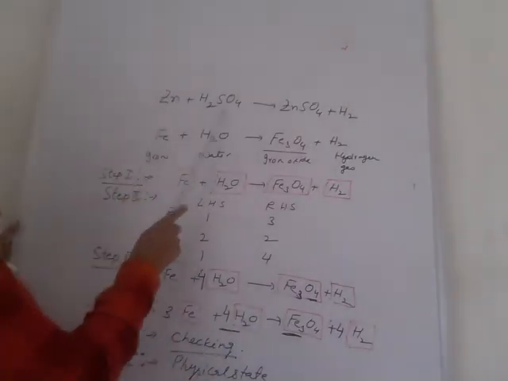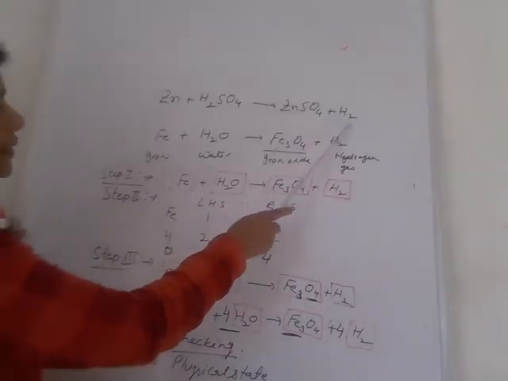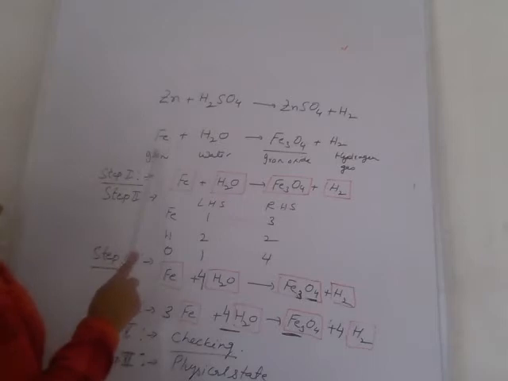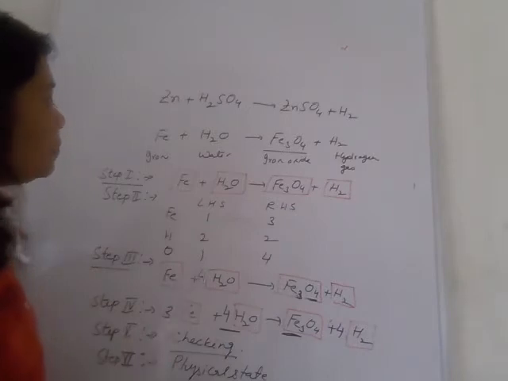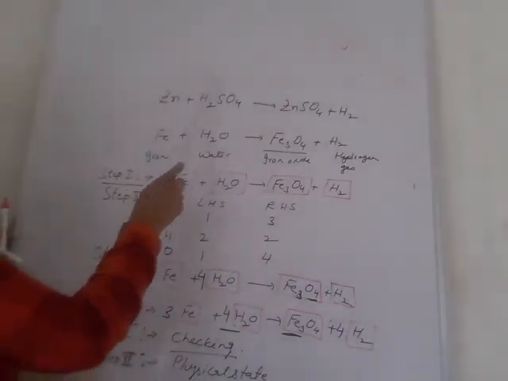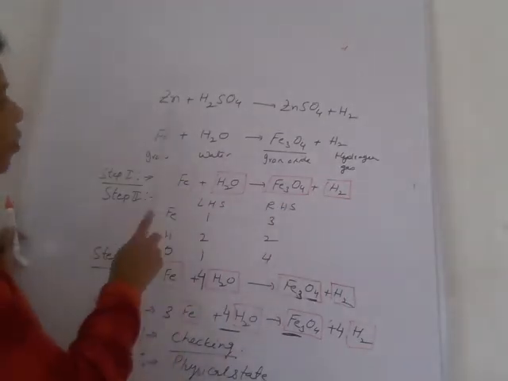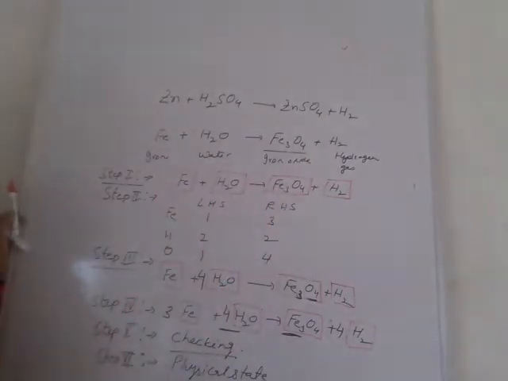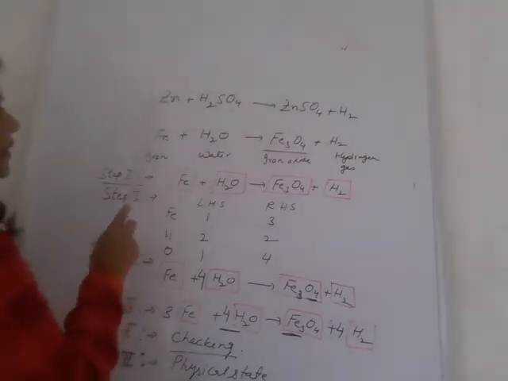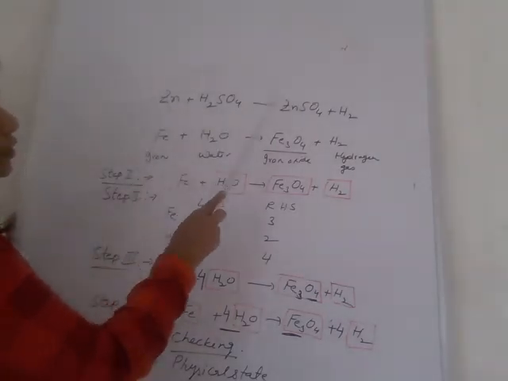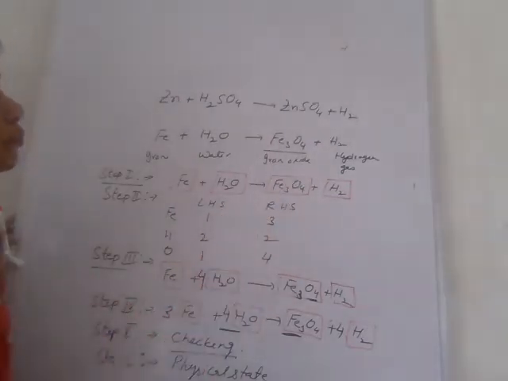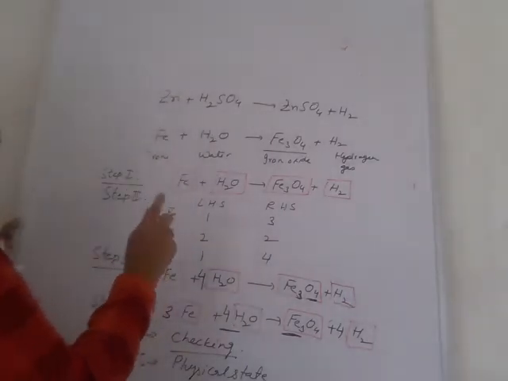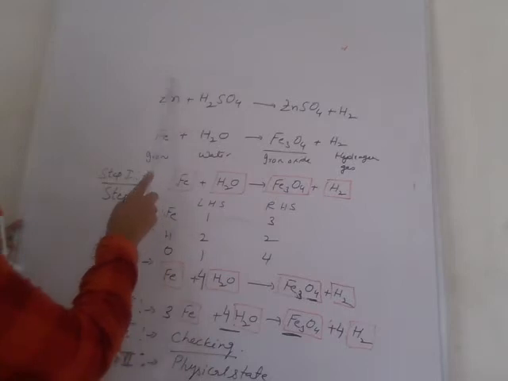Here, one is zinc plus sulfuric acid giving rise to zinc sulfate plus hydrogen. The second one, we will balance, is iron and water giving rise to iron oxide and hydrogen gas. Now, this is the symbolic representation of a chemical reaction. We have written all the reactants and products in the form of symbols. The symbol of zinc is Zn, the formula of sulfuric acid is H2SO4, whereas the products are zinc sulfate, that is ZnSO4, plus hydrogen gas, that is H2. So this is the symbolic equation of the reaction when zinc is dipped in sulfuric acid.